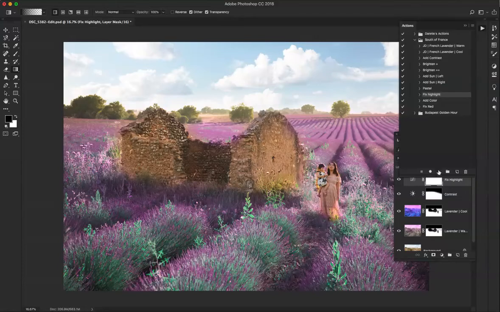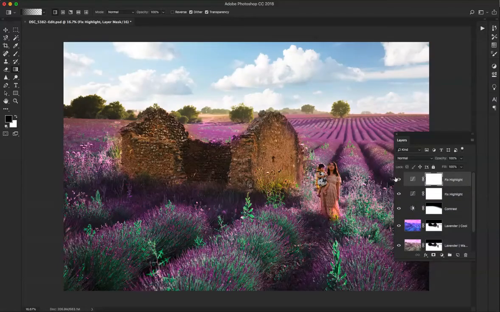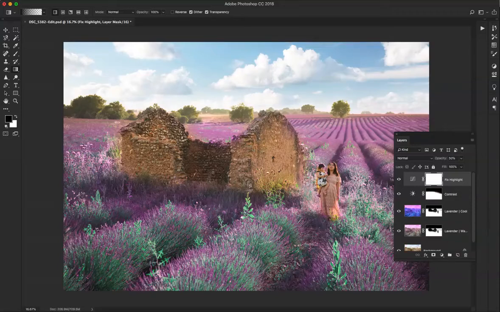But if you do want to bring out the crisp sky like I had before, just run the fix highlight one more time, you see, and just do the opposite gradient, just like erase the bottom part of it and just leave the sky be. But in this image, I think the sky is better left very mellow and soft in the background. All right, so